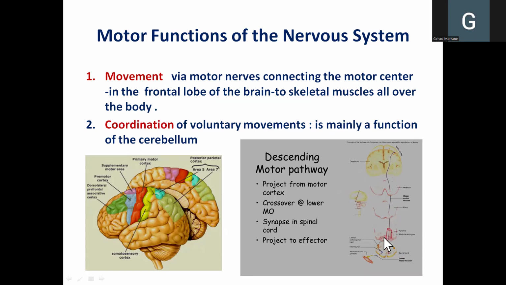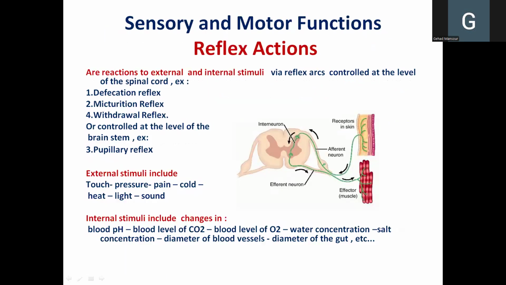And yes, here is the medulla. So here we went through the midbrain, we went through the pons, we went through the medulla, and then they decussated to the opposite side, as we said before. So they project from the motor cortex, they cross over at the level of the medulla oblongata and form a structure called the pyramid. They synapse in the spinal cord, and then they project to the effector, which is the